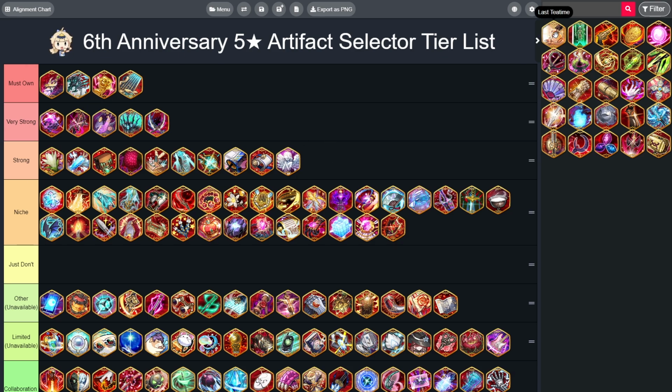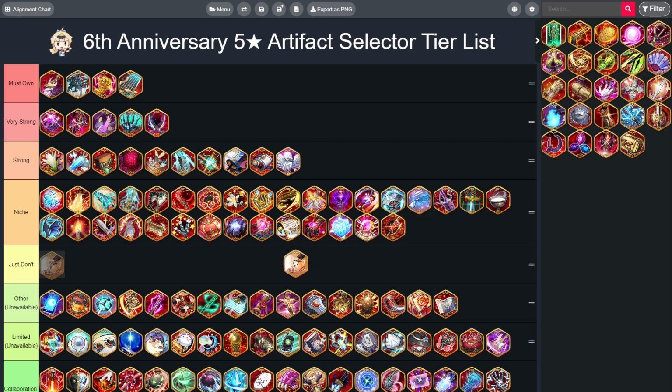Alright, next up, in the Just Don't category, we have Last Tea Time. Last Tea Time is, again, a mage damage dealing artifact. Basically, if you do AoEs, you do extra damage, and every time you use an AoE, you have a small chance to decrease your cooldowns by a turn. It's not terrible on things that AoE a lot, like Ball and Sazan or Tenebria, but overall,